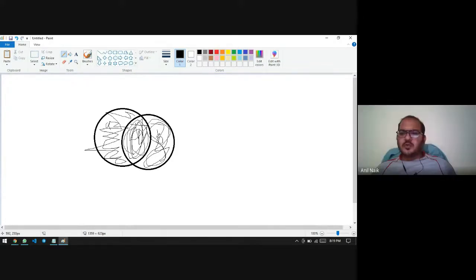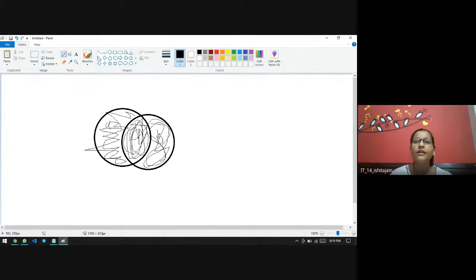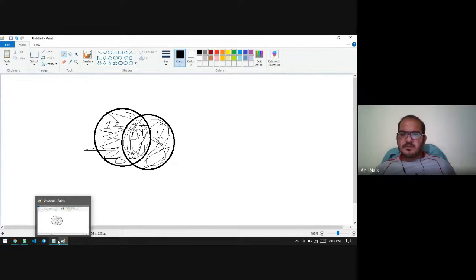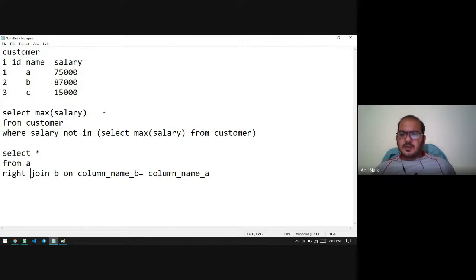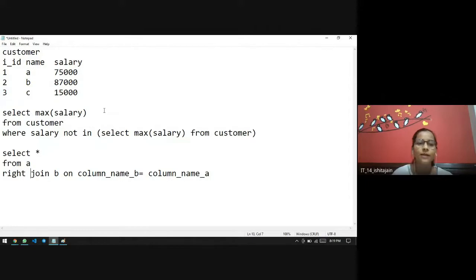Okay. What is query? Query, sir, just now I have written this. This is called the query. When we want something from our table, the query is something which allows us to connect to our database. Okay. And what about a subquery? Subquery, like this statement I have written, select max. This is called a subquery. When we have a query inside a query, then it is called a subquery.